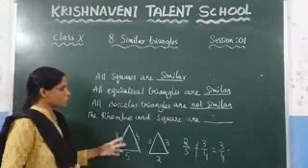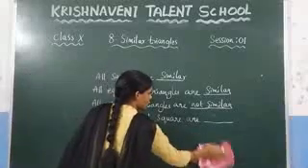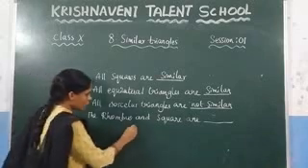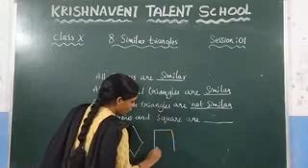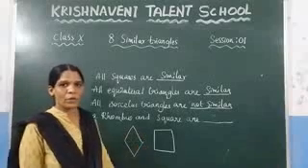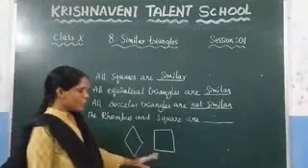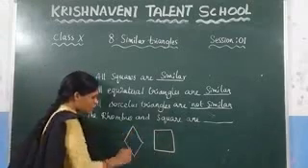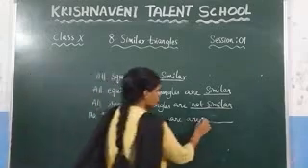Now see the last one, the rhombus and a square. Clearly you know that the rhombus and the square are not similar. What is the first condition? If you take the rhombus, you know that it is a rhombus, right? If you know the properties of all the figures, the triangle, rhombus, square, rectangle, trapezium, then clearly you can say whether they are similar or not. You know that in a square all angles are equal to 90 degrees, but in a rhombus there is no 90 degrees. The first condition is not satisfied, so we can say that these are not similar.